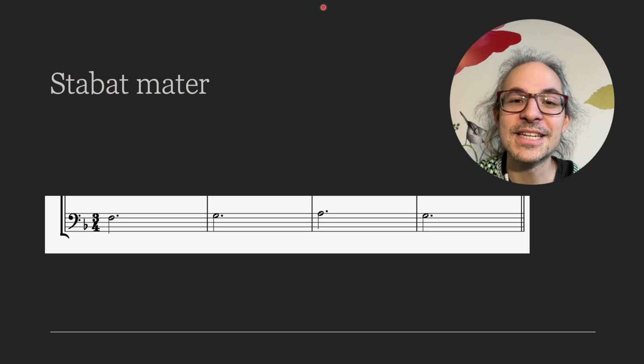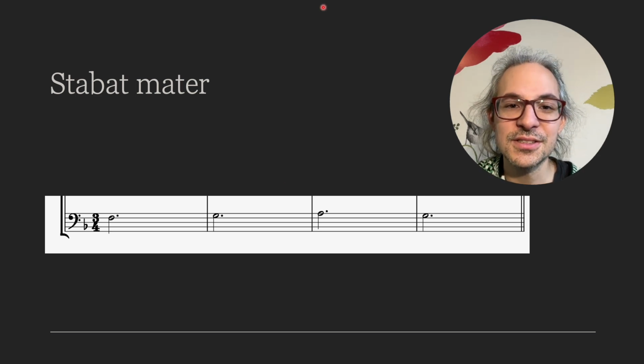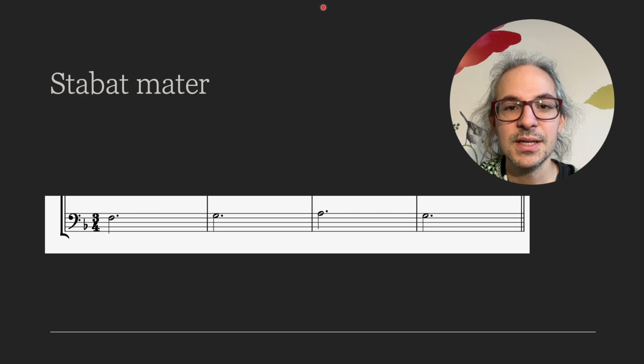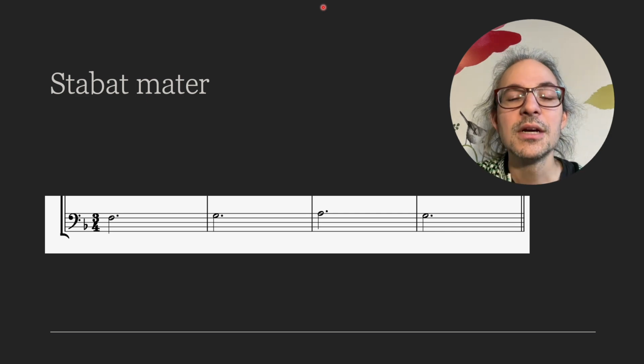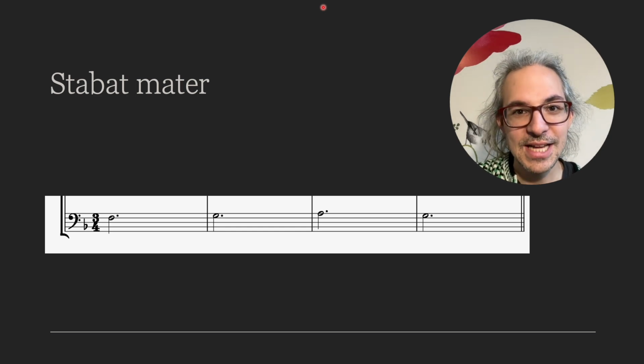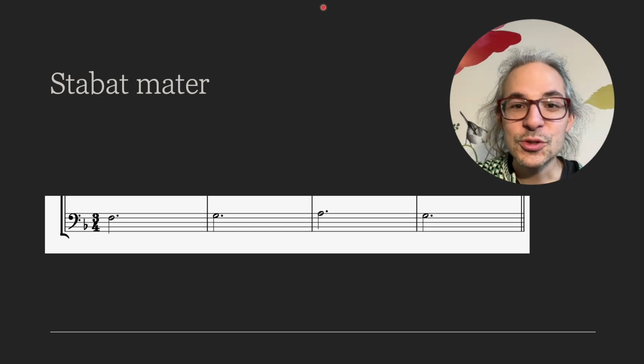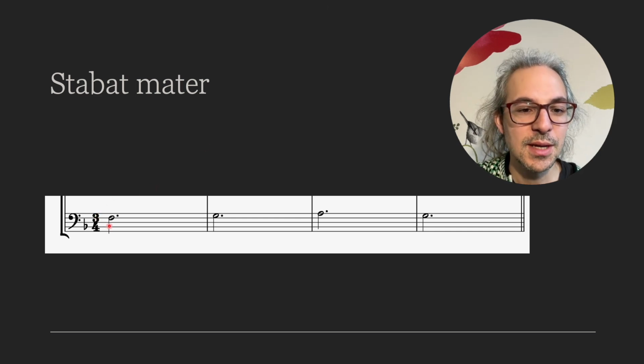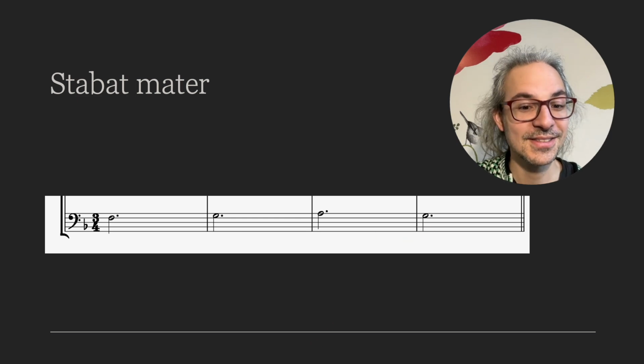This is another interactive moment. Here I asked the students, many of whom have had some basic tuition in this, to imagine how they would improvise a counterpoint to this. These are the first 4 notes from a Stabat Mater Dolorosa, which is generally seen as quite a sad piece. You could pause the video now and come up with an idea yourself for a counterpoint below these 4 notes. And let's see what happens.